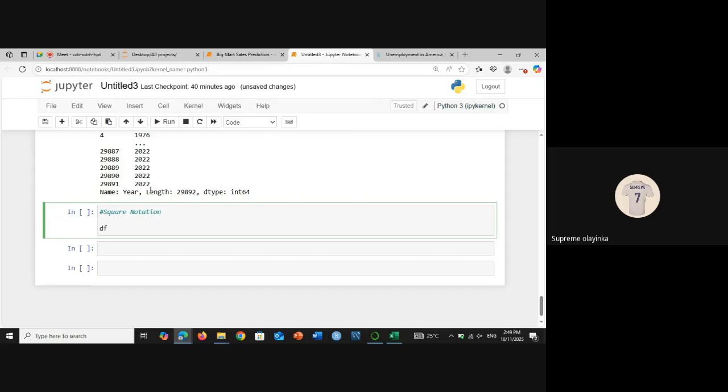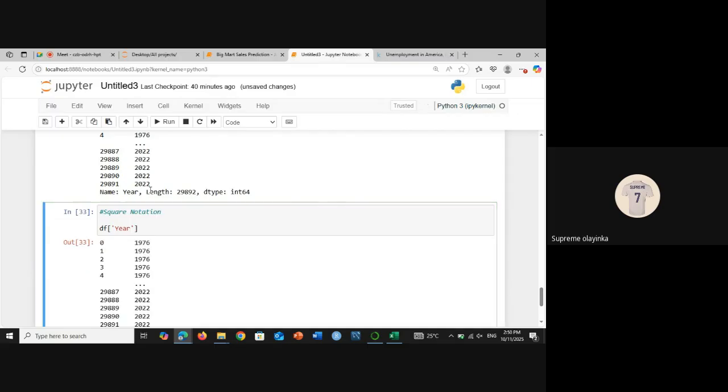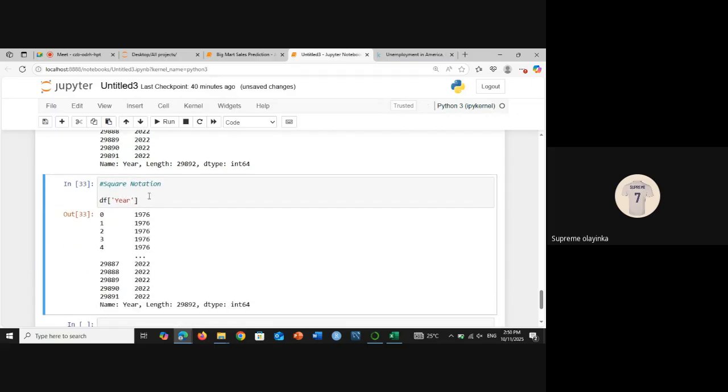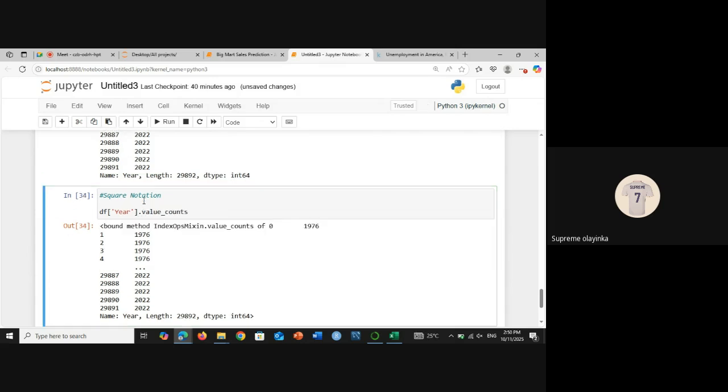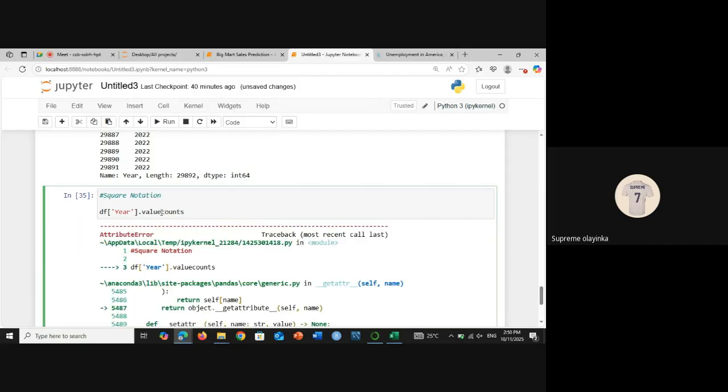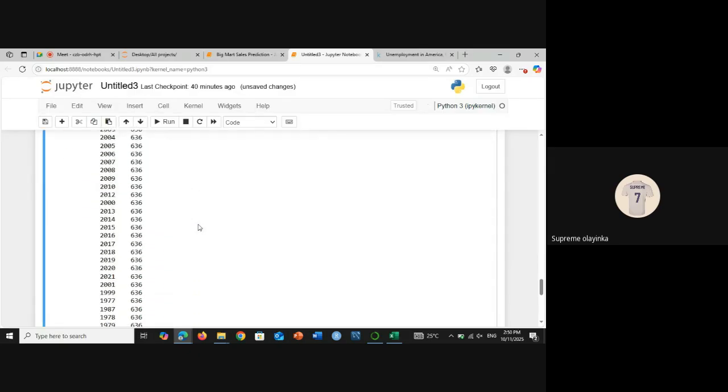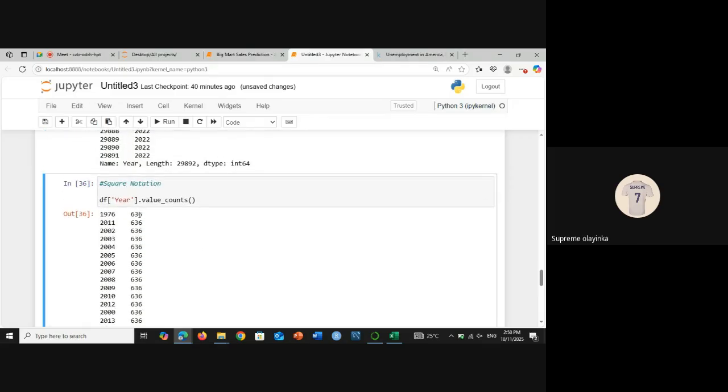I can actually do df, then my square notation, and I have to add this one in quotation marks. So I can call my year, then I can have the same thing. In this case, I can call something like dot value counts. I don't expect you to know this now, but is this right? Okay, I think I'm actually right. But this one should be an attribute. Oh wow. We have 636 unemployment in